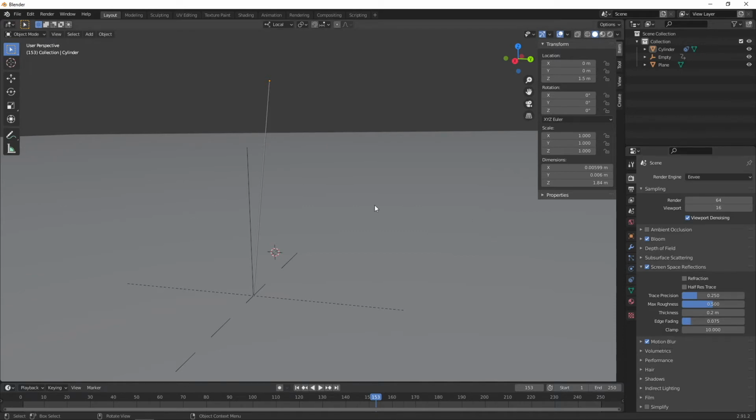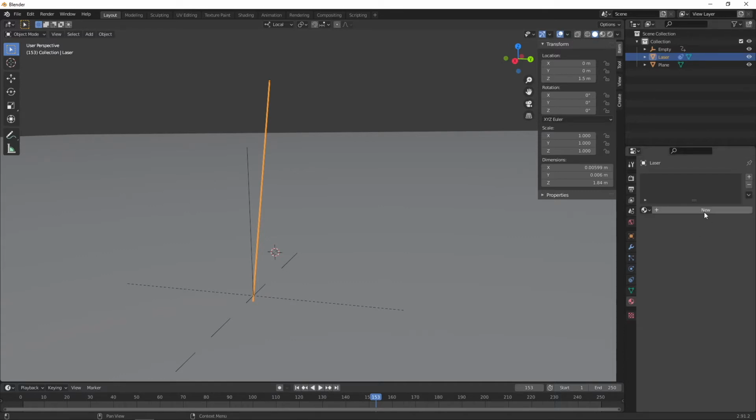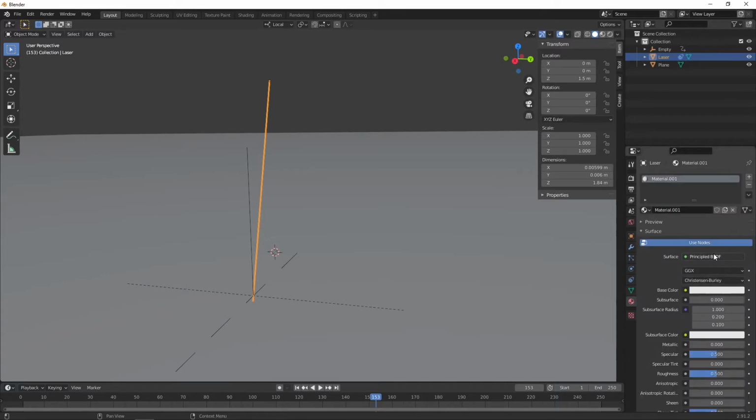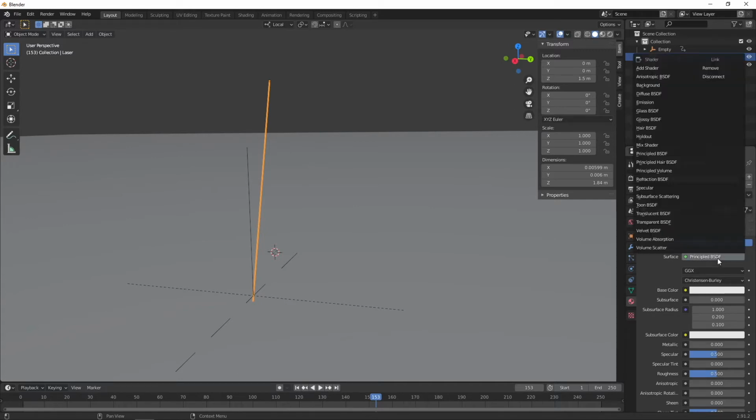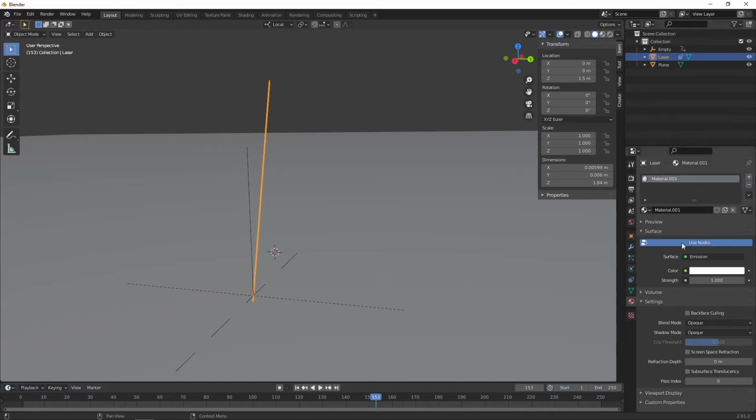Okay, so now that we've done that, let's start adding a few materials. So let's select the laser. In fact, I'm going to rename cylinder to laser up here, just so I know what it is. I'm going to go to my materials tab and press new, and I'm going to change this from surface, which is the principled BSDF shader, to emission, and I'm going to give the laser a red color,